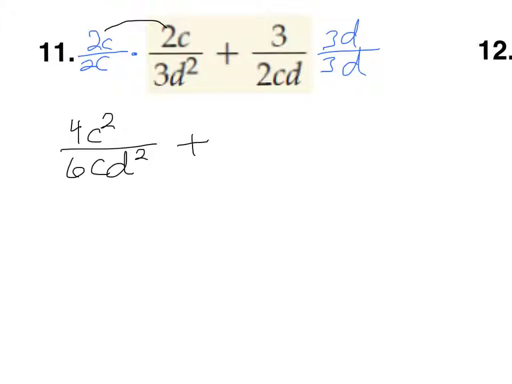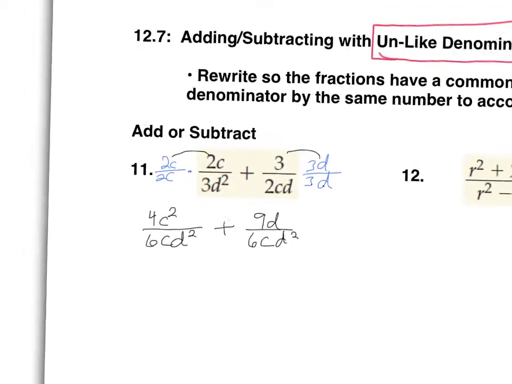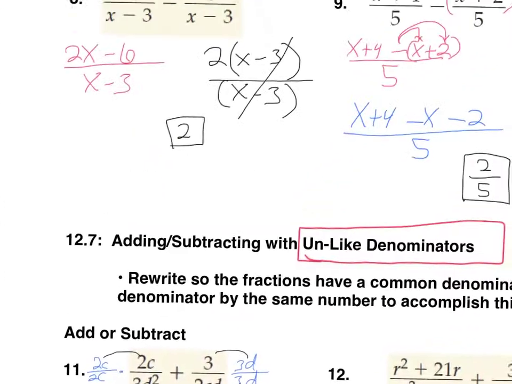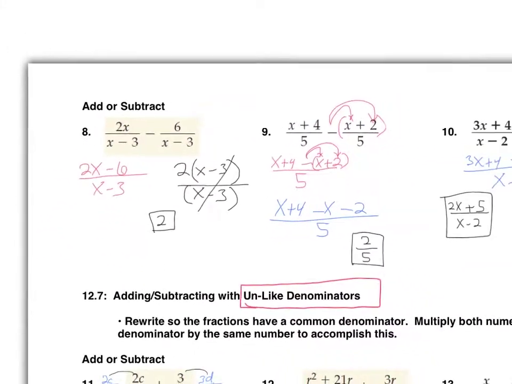Look at the second fraction. In the denominator, 2 times 3 is 6, and we just have a c, and then d times d is d squared. Look at that. The denominators are the same. That's what we wanted. That's why we multiplied them. On top, though, I still need to multiply 3 times 3d, and so that's 9d. Once you have made the denominators the same, now this 12.7 problem is basically like one of these 12.6 problems,